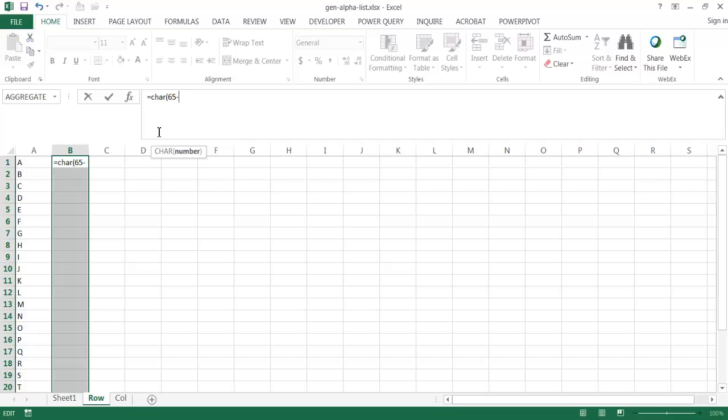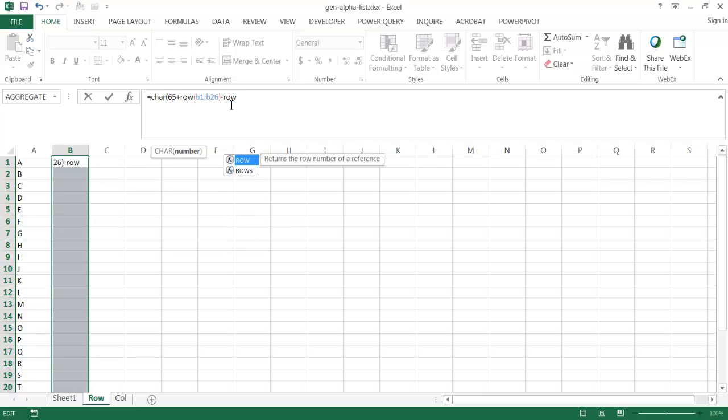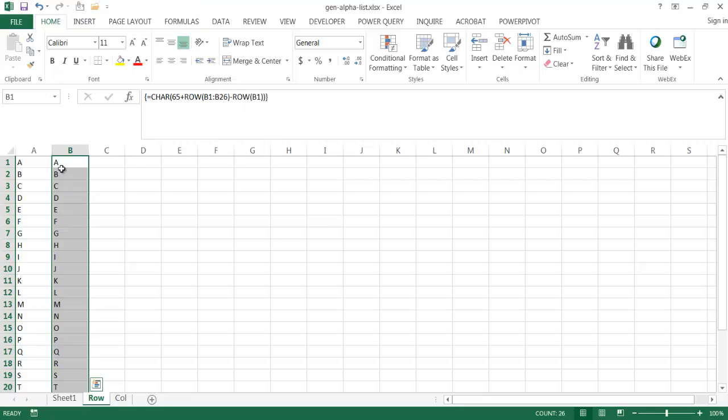And then minus ROW, open parentheses, and the first one is B1, colon, B26, because there's 26 letters in the alphabet, right? Oh, actually this is going to be a plus. And then minus ROW, B1, because that's the first row. Then go ahead and close parentheses, press Control Shift Enter, and now you notice that it's created the alphabet,